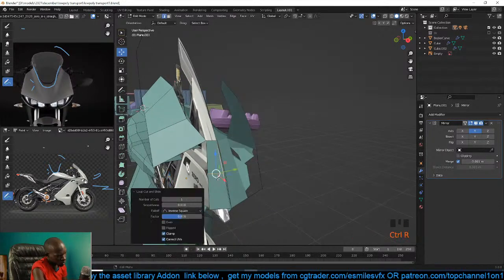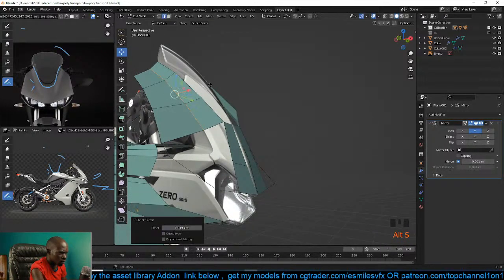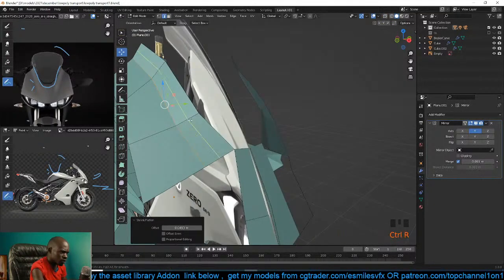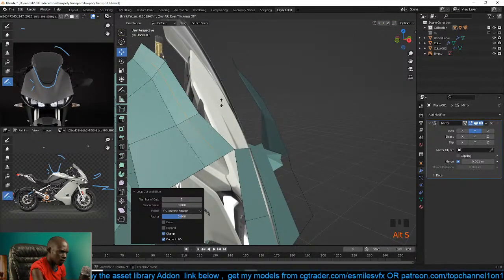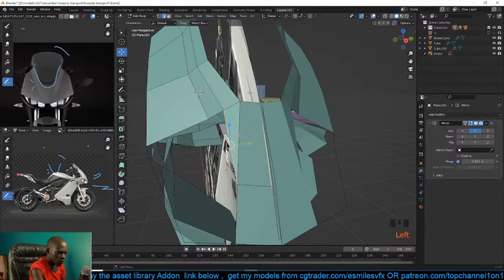And here we can make a loop cut. So let me see. I need a loop here. Push this in just a tiny bit like that, and I think we might need a loop here, so this should be